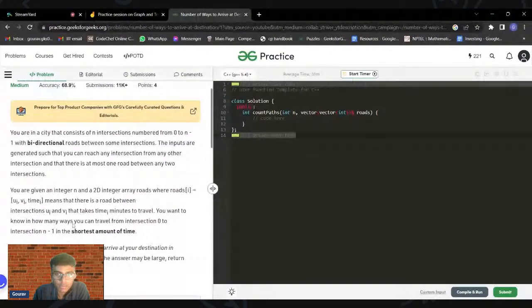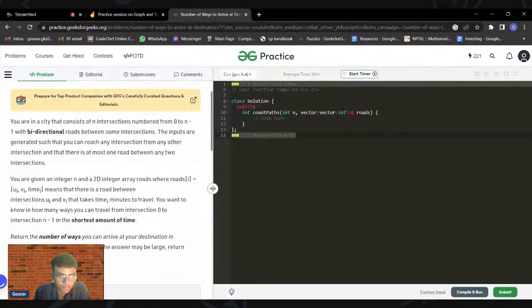You can see this vector. The vector consists of three numbers. The first and the second number are the node numbers, that is at index 0 and index 1. And at index number 2, we have the time, the time it will take to traverse from u to v. So you have to tell me the shortest amount of time.